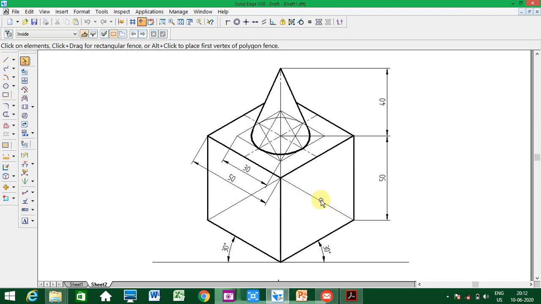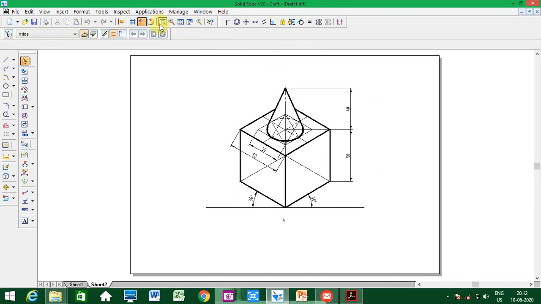Now in computer conversion to isometric is very easy, but manually you have to draw on an isometric scale. Now how to convert this isometrically? How to convert isometric projection here? This figure I'll convert to isometric. Actual isometric. It's very easy in software. How to do that? Now I'll show you that. Let's see here.